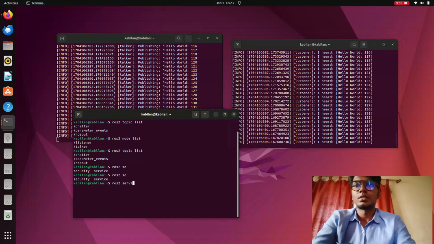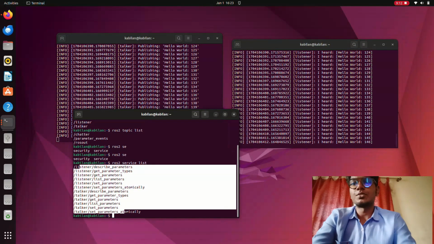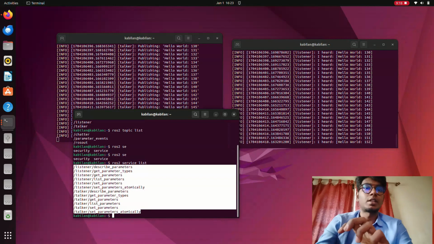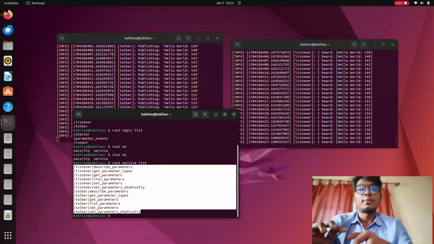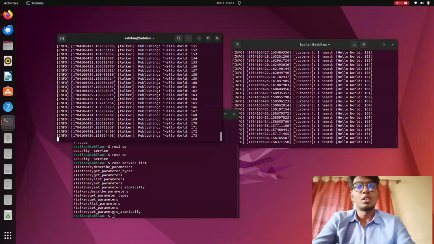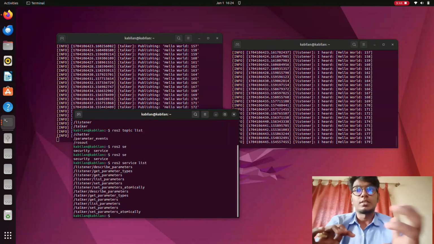So type ROS2 service list. So this many services are available in these two nodes, the talker and the listener. This is like request and response. A request is sent, you need to receive this data and give the response to the sender. It will send the request to the listener node, and the listener node will give the response to the publisher node. That is how services work, right? So this is how you will understand topics, services, and parameters. And next we'll see